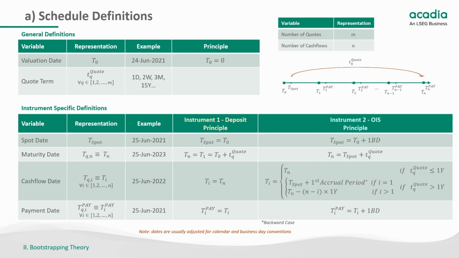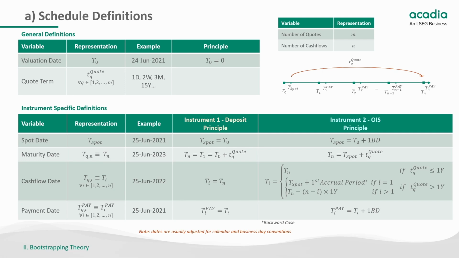And finally, we have the payment date, which is what's going to bring a little bit of complexity compared to the more traditional academic cases. In the case of a deposit, the payment is done exactly at maturity, but for the OIS we're looking at, it happens with a payment lag from the cash flow date of 1 business day. And because the payments are done on this date,